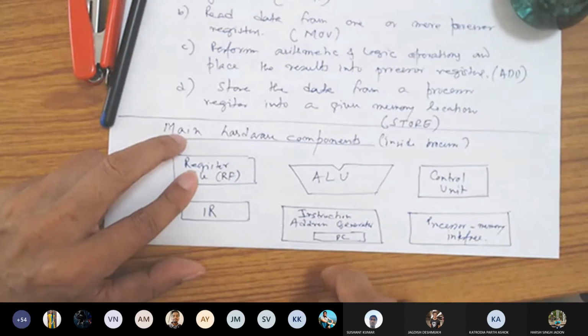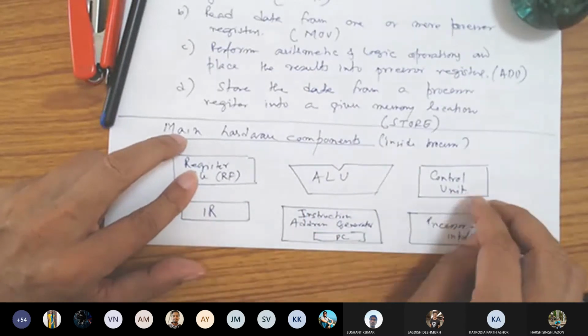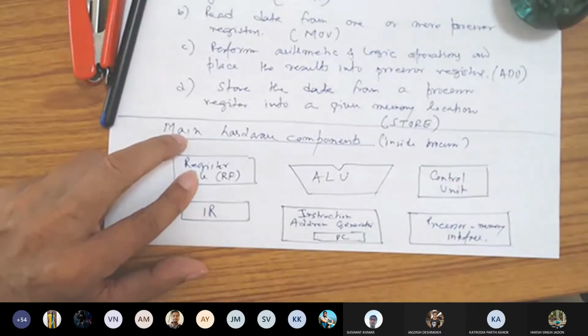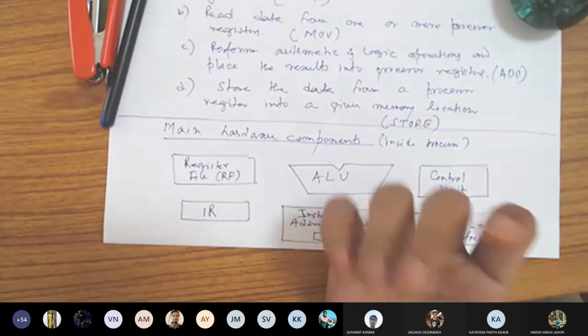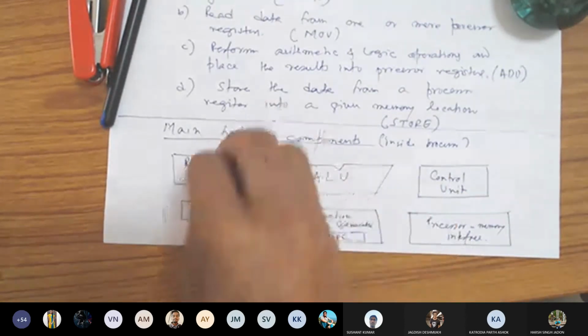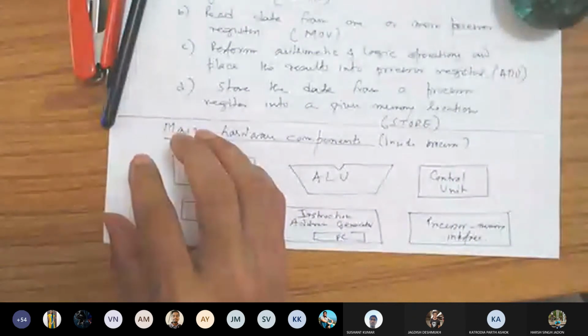And for all these instructions to execute, you require the instruction address generator, and to store the instructions you require the instruction register. The brain is the control unit, which actually generates all the signals. So now we can justify why these 6 components are needed to design a processor.